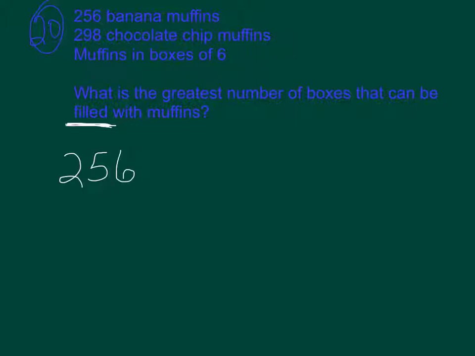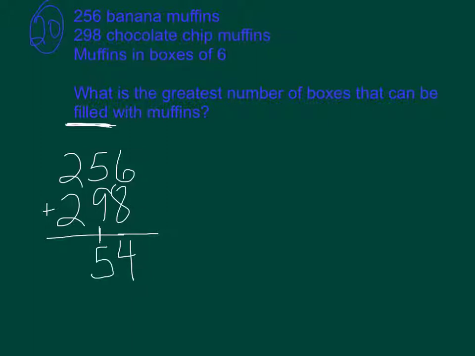I know I've got 256 of one kind, and I know I've got 298 of the other kind. What I don't know yet is how many muffins that is total. Let's find out. Oops, that's a funky 4. Oh, I feel like after my crazy mistake earlier, I need to fix that. All right, 8, 9, 10, 11, 12, 13, 14. Going to carry the 1. I do groups below, and 15 groups below again. So it looks like there are 554 muffins total,